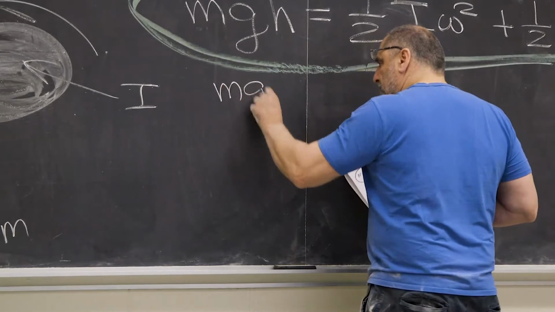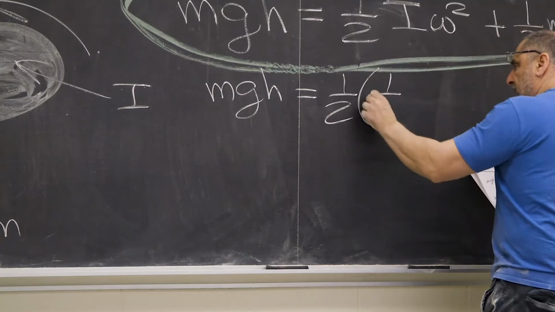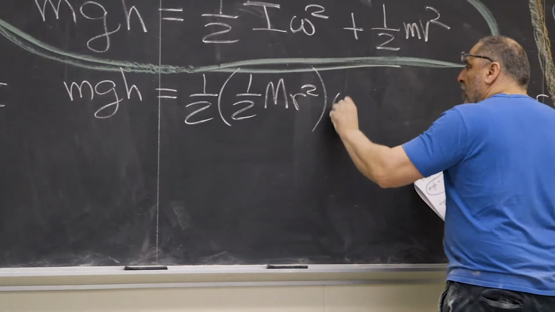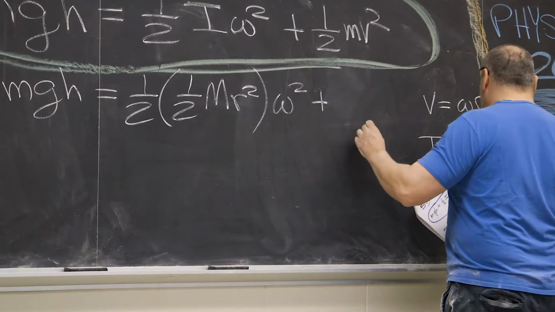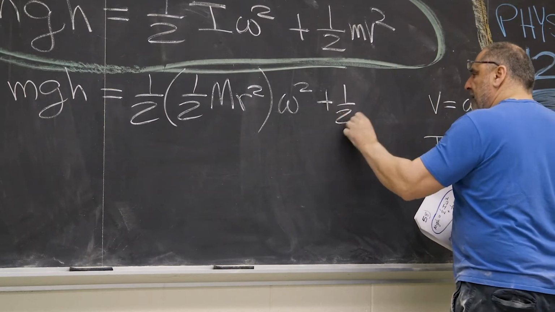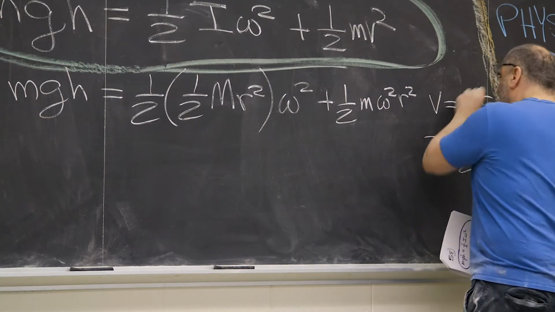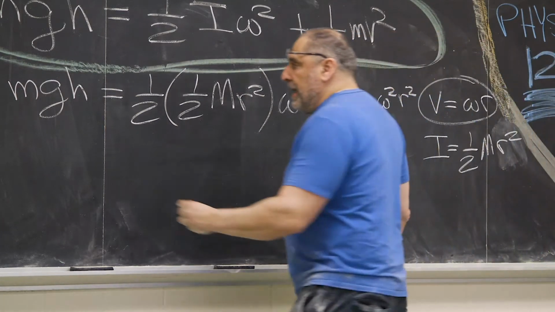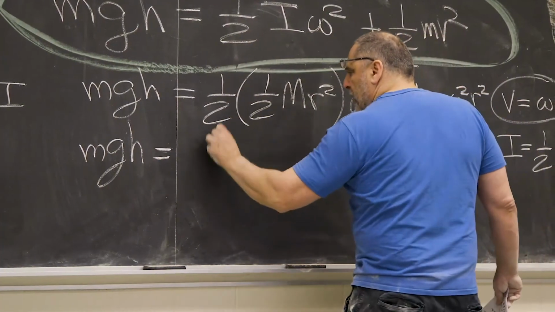this will be mgh, 1/2 of the moment of inertia omega squared. Heck, at this point, V is equal to omega r. V equals omega r, so it's 1/2 m omega squared r squared. Omega r is what this guy is, so we square it, you got that. Well, this is actually pretty convenient. What you get is, this right here is